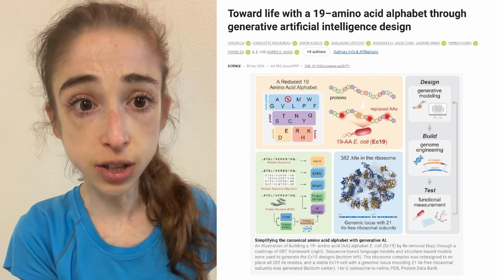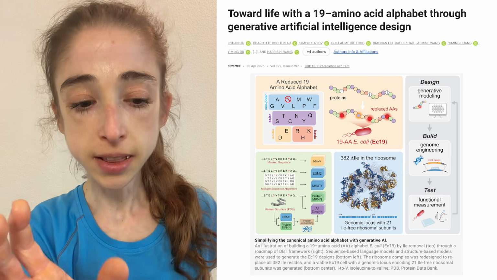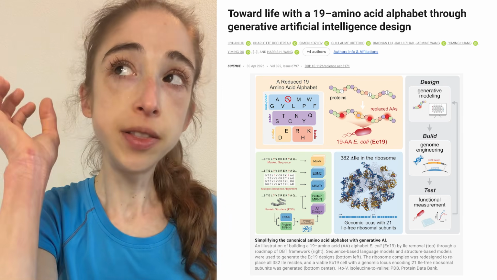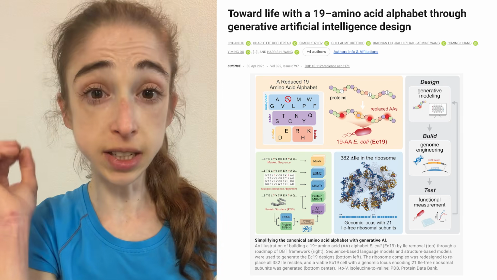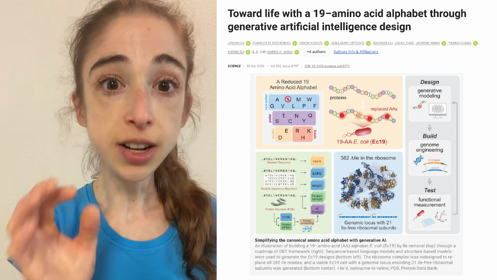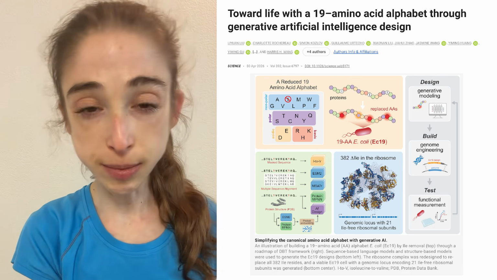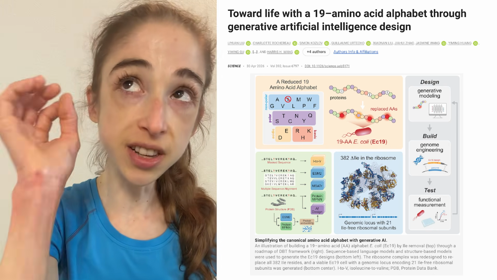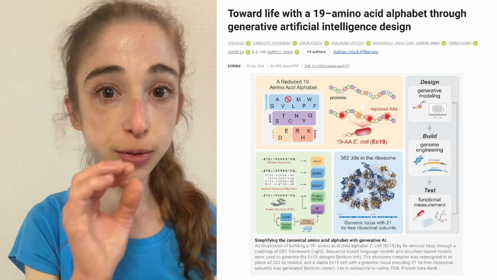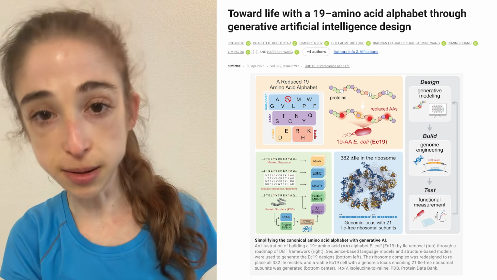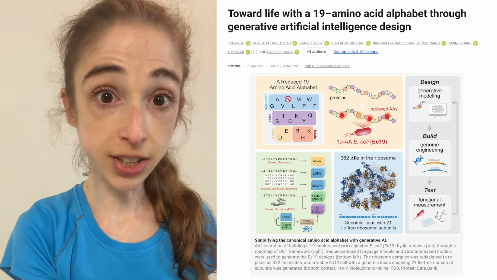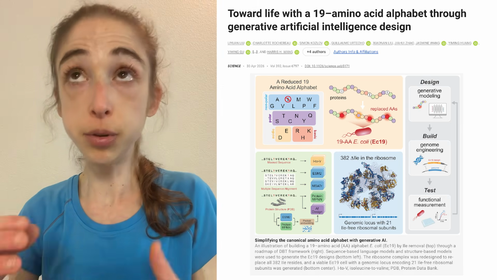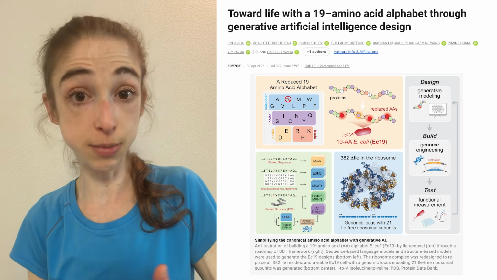I mean, it's still a huge accomplishment, but they didn't report that they did the swappage of all of the isoleucines in the ribosome at once. So it's not an isoleucine-less ribosome, but a partially isoleucine-less ribosome. Each of the individual parts were able to be made isoleucine-less, but once you put those in combination, who the heck knows? This is a proof of principle that you could potentially expand things further,